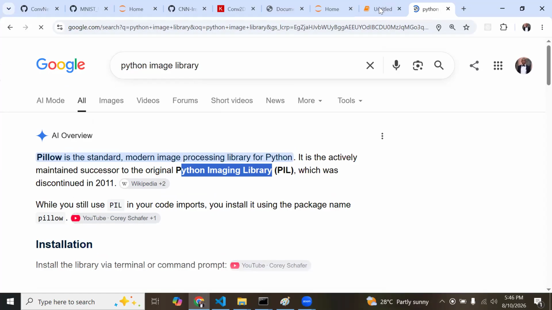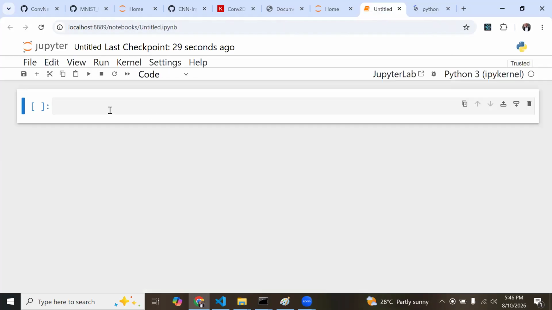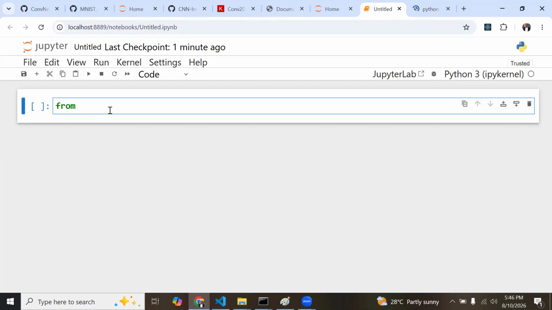So I can say, from the Python Image Library,